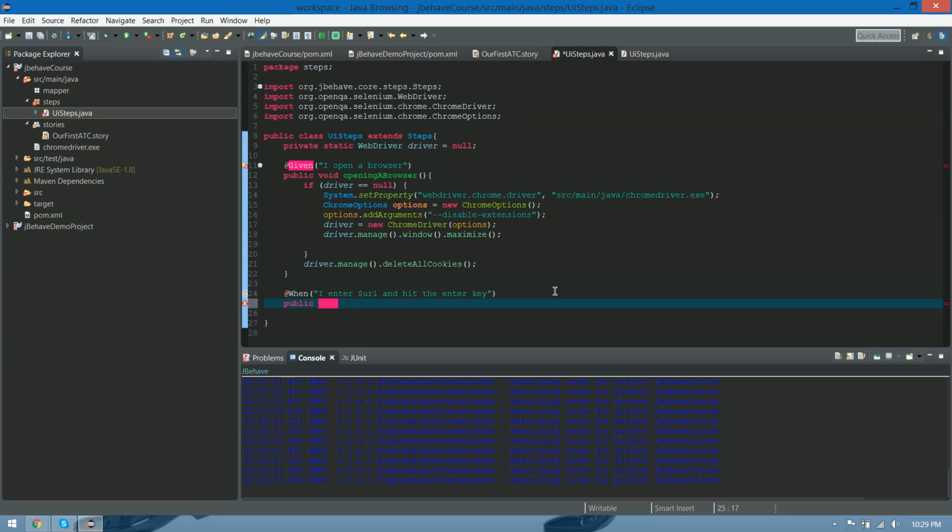So public void entering a URL. Okay, one thing, what is this URL? We're going to send it as a string, so easy peasy. Inside the parentheses, we're going to say a string URL, and that's it. That's it. Now let's call the driver